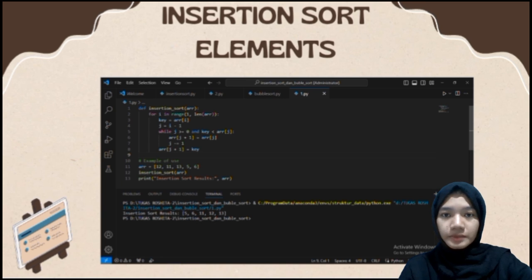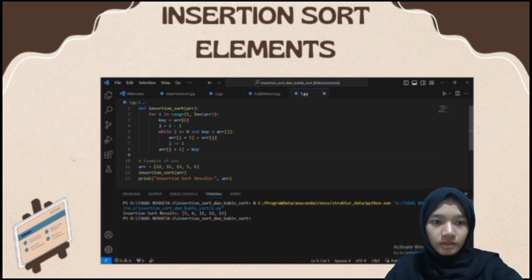This is because this element is considered to be in the correct position in the internal version of the sorted array.